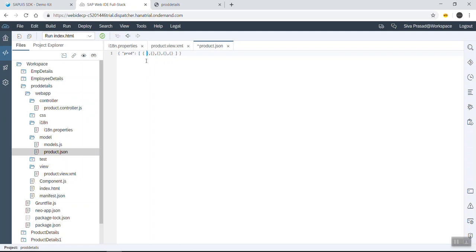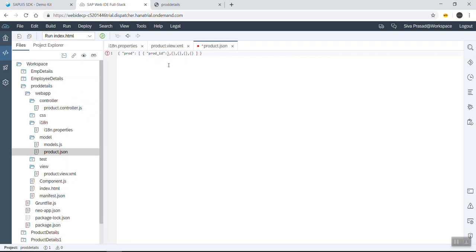Each contains name value pairs. So we can take product ID,